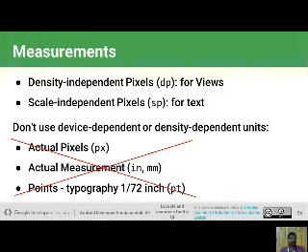You don't use the other measurements for creating layouts, like PX and MM, PT, that are not supported in Android Studio. If you use them, then the view is not resizing correctly.